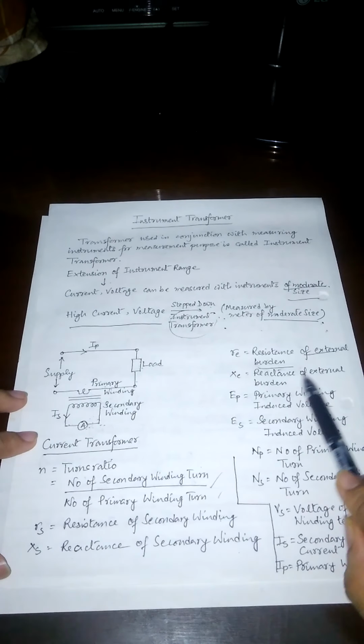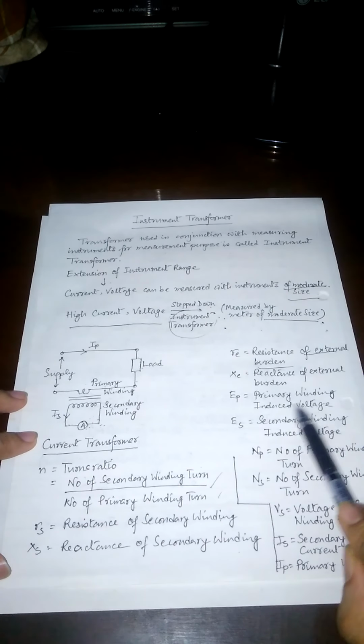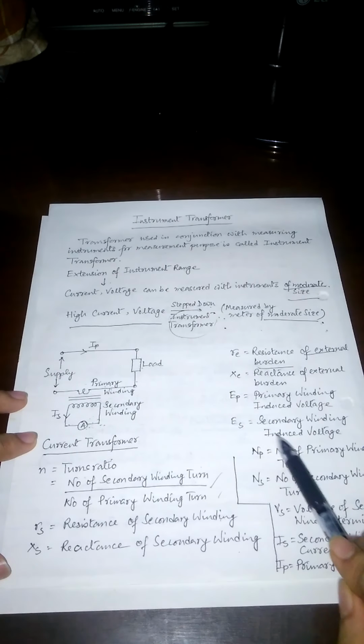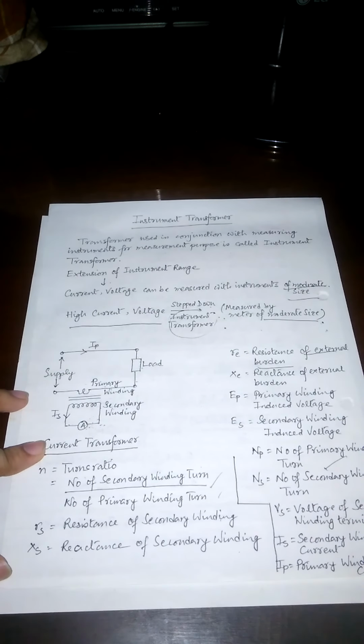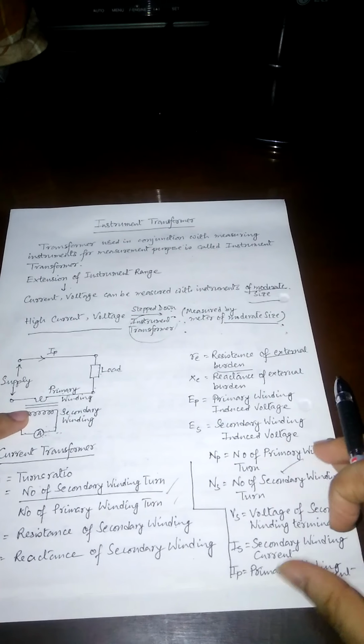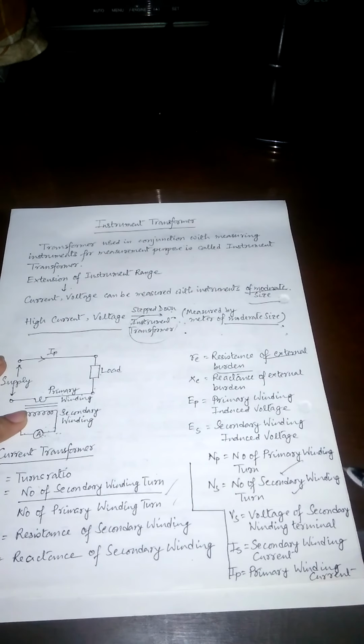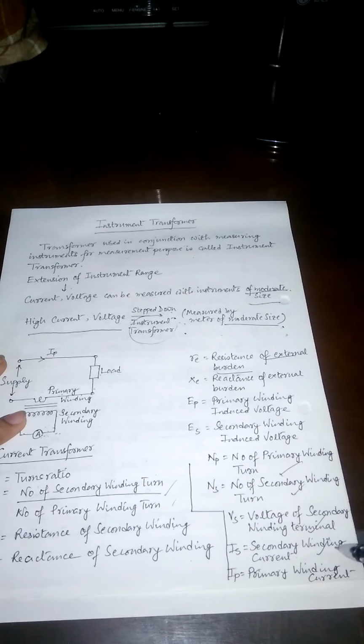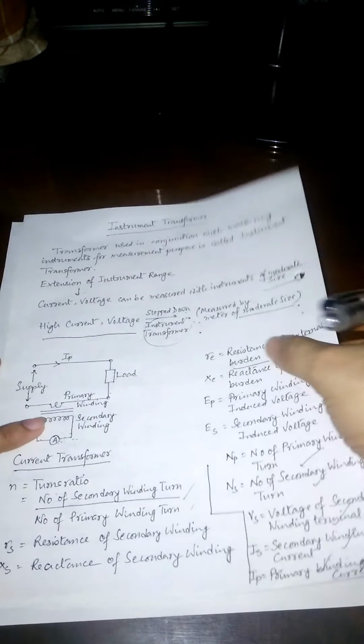XE is the reactance of external burden, EP is the primary winding induced voltage, ES is the secondary winding induced voltage, NP is the number of primary winding turns, NS is the number of secondary winding turns, VS is the voltage of the secondary winding terminal, IS is the secondary winding current, and IP is the primary winding current. So these are the parameters. Now